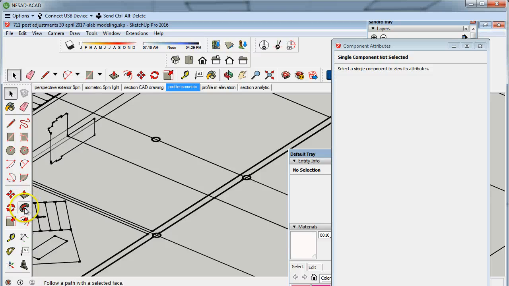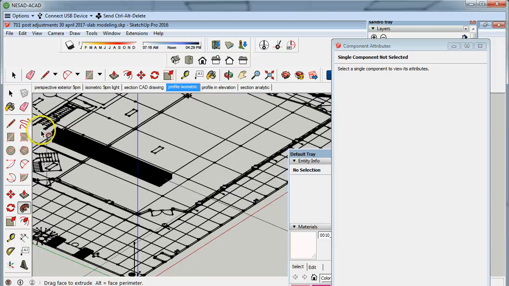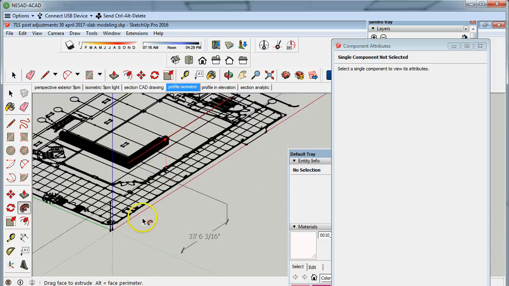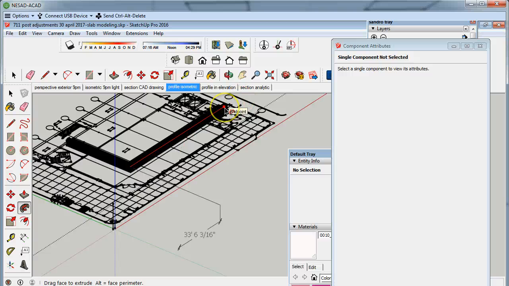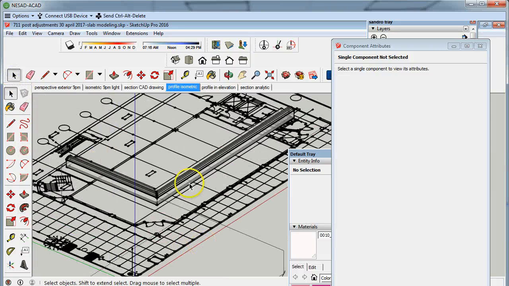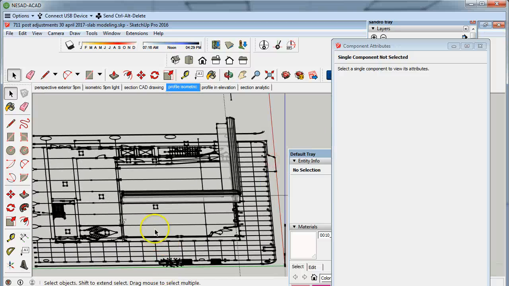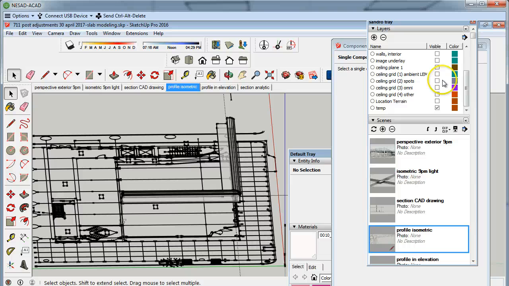So Follow Me, edge, shape, from there to there. That should be correct. And if I turn the column layers back on,